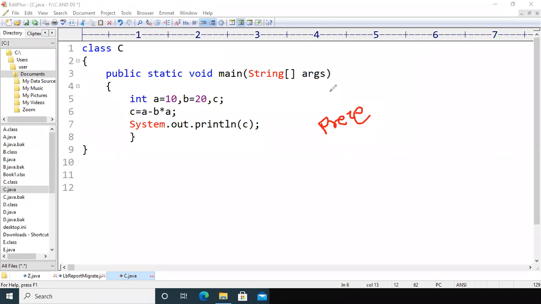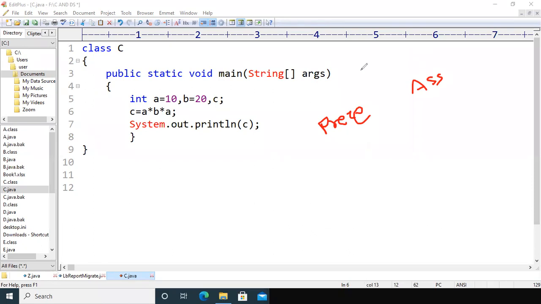In case an expression contains operators with equal precedence, it is going to check the associativity of that operator. If it is from left to right, the compiler is going to execute the expression from left to right, and if it is from right to left, the compiler is going to execute that expression from right to left. So this is all about precedence rules and associativity, right?